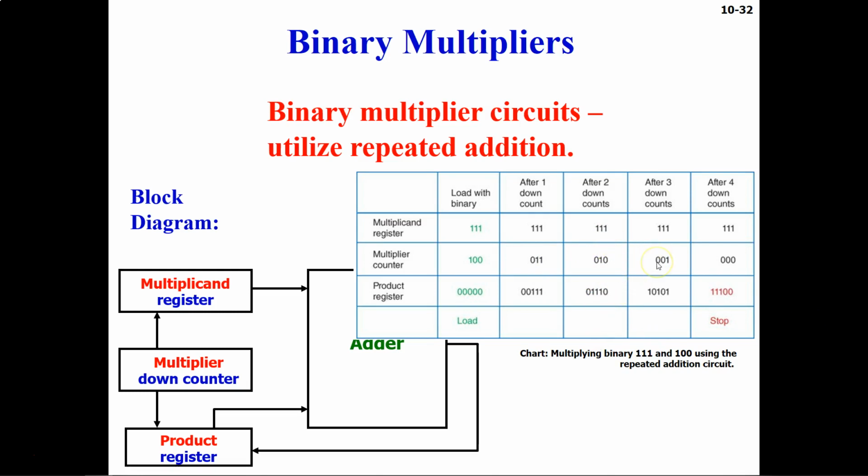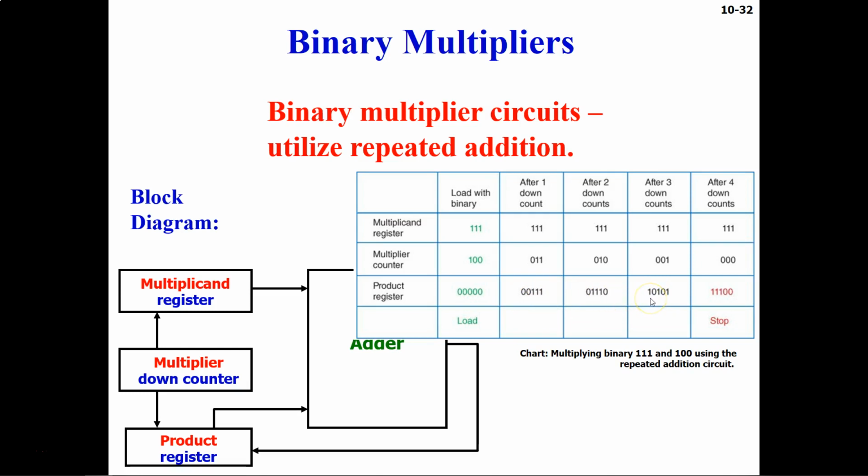And then further counting down, we will have 1 multiplied with this one, and then you will have this product. Now after the fourth countdown, when this goes to 0, you will multiply with this. So this multiplied with this one, you will have this product. So this is basically your final product, which is stored in the register,